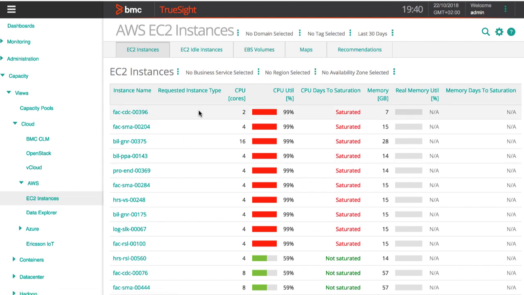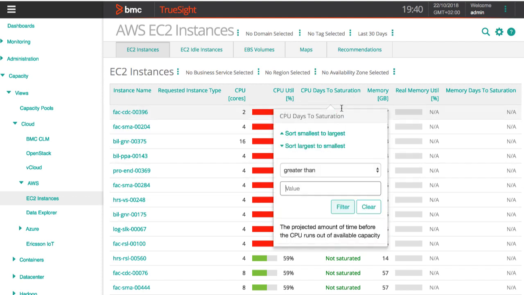So one of the biggest improvements in 11.3 over version 11 is we added some different capabilities around filtering. We also added some enhancements to the recommendations. So from this, when I first click on this view, I get a really good insight into my environment as far as, right to the top, I'm going to filter all of these saturated servers. Now I can sort on that. I can say, show me